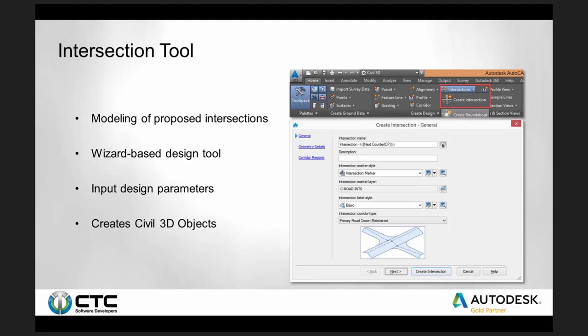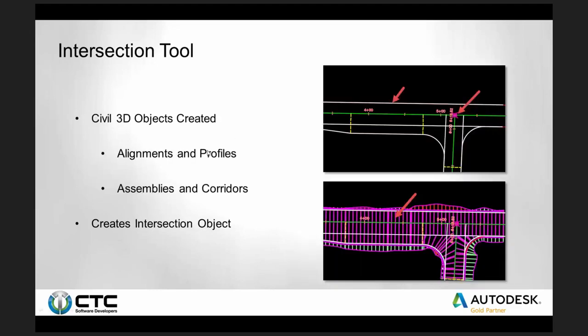So what the intersection tool is for, it's for modeling proposed and design intersections. It's a wizard-based design tool. You put in parameters like width of road and slope of road and things like that, and it creates Civil 3D objects like alignments and profiles and so forth. The objects it creates, alignments and profiles, the picture on the right here, it's going to create offset alignments